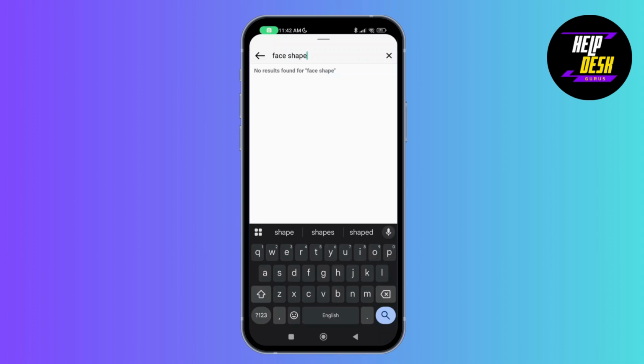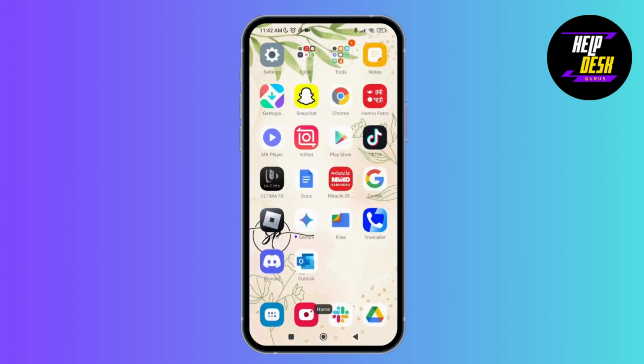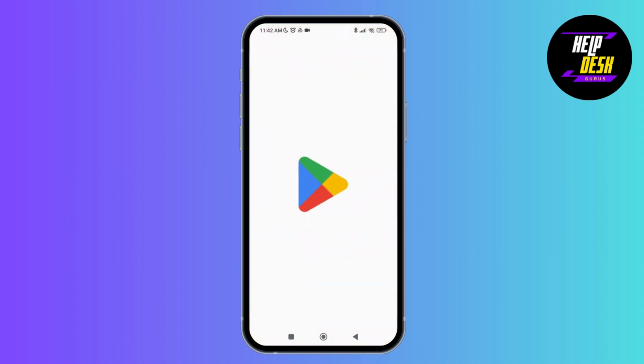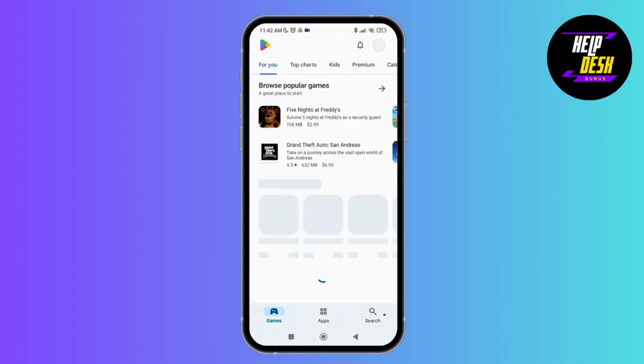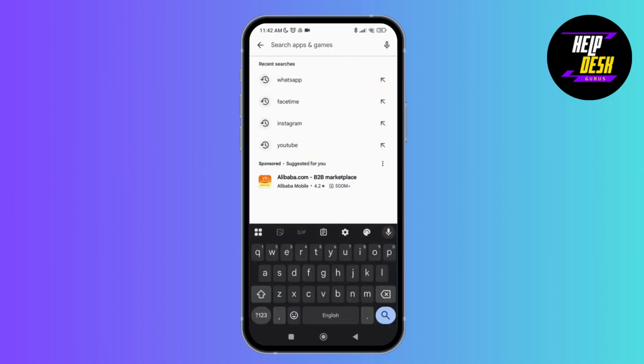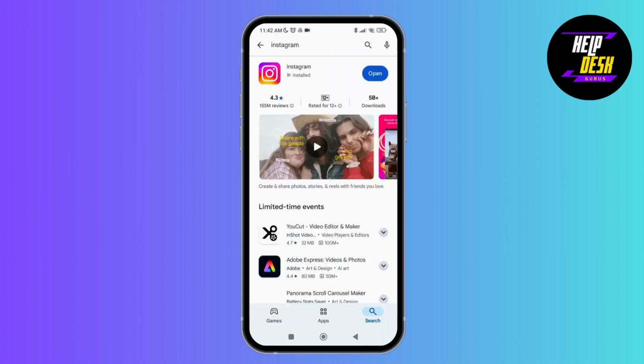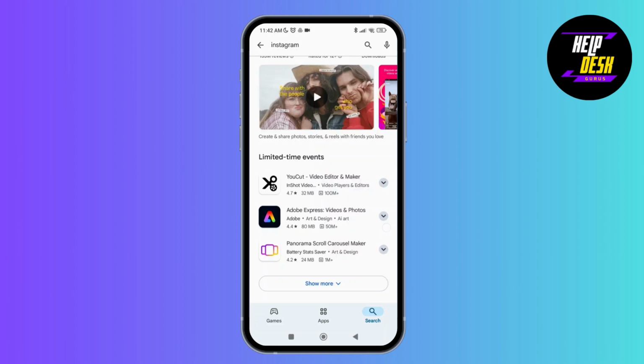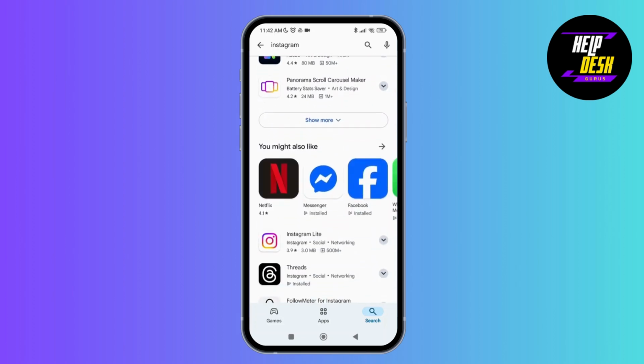So maybe this filter is not available over here. So let's check if we have an updated version of the Instagram application on our device, for which we're going to go to the Play Store application and then tap on the search bar and search for Instagram. Here we can see there's no option of update, which means we have the updated version of the Instagram application. So the filter or this effect is not